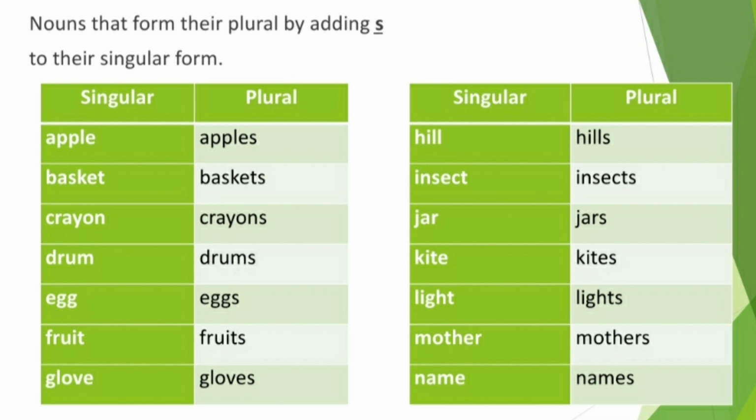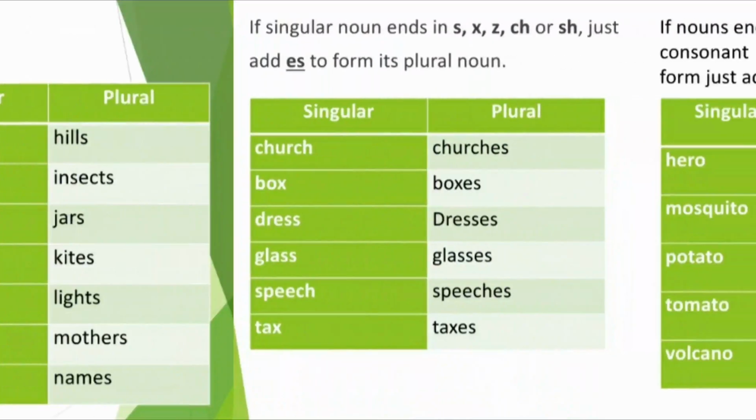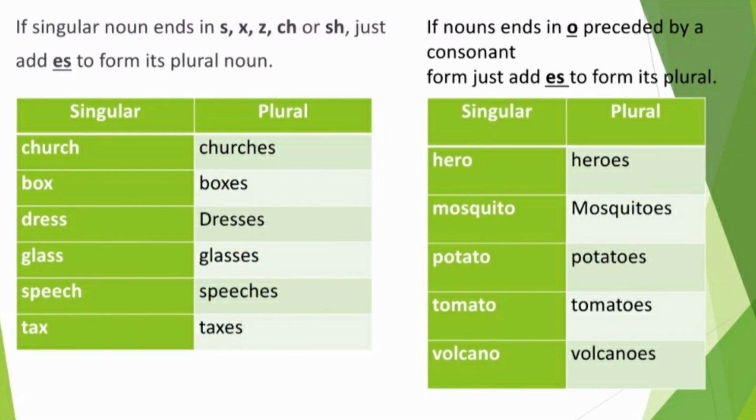Kite, kites. Light, lights. Mother, mothers. Name, names. Another rule, if a singular noun ends in s, x, z, ch, or sh, just add es to form